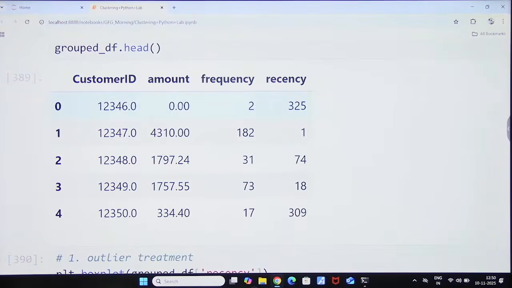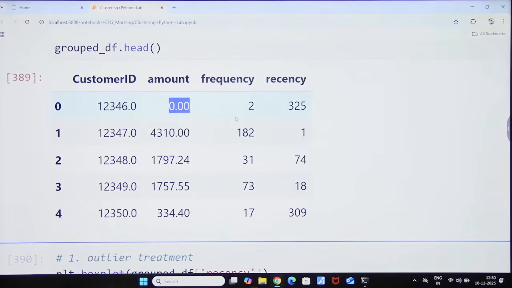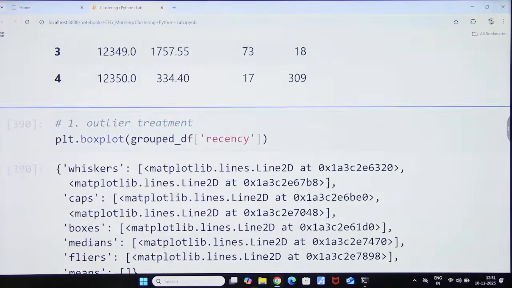Customer ID, amount कितना खर्च किया, what amount did he spend? He spent 0 rupees. And what is the frequency? He only came twice in this year. Okay, अब 1 2 3 4 7, this customer ID, he spent $4310. He came 182 times. And what is the recency, the last time he came was 1 day ago. Then 1 2 3 4 8, he spent 1797. The frequency is 31, and the recency is 74 days ago. तो मतलब this is how I have created the data set, है ना।